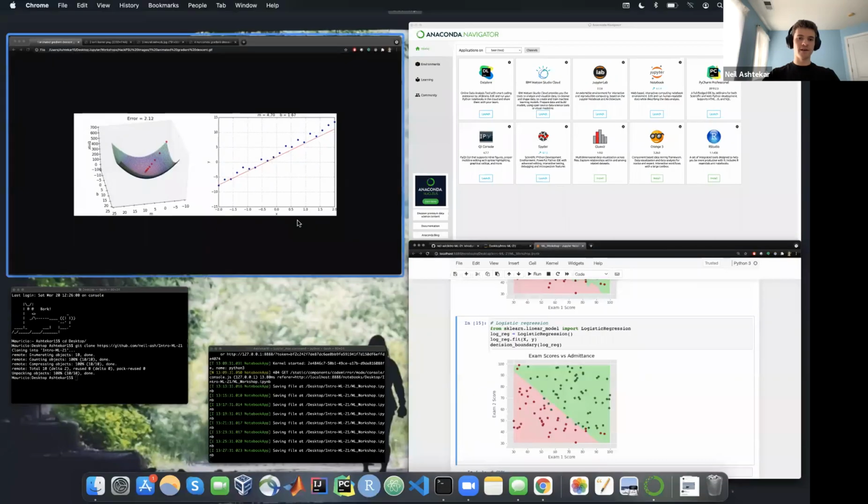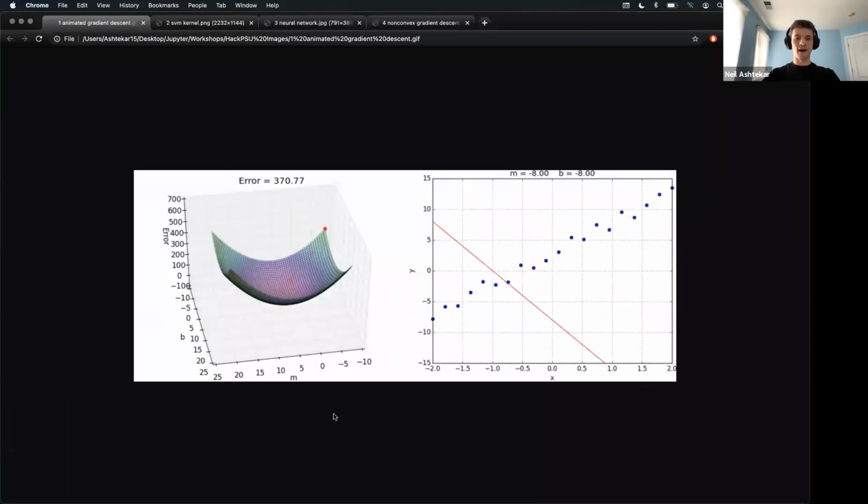So I'm going to go to this guy right here to show what that means. Okay, so here we've got this error function. Here we're actually doing linear regression just for illustrative purposes. A line is parameterized by m and b, by the slope and y-intercept, right? You guys probably learned this way back in middle school. So y equals mx plus b, and we want to find the m and b which provide the best fit